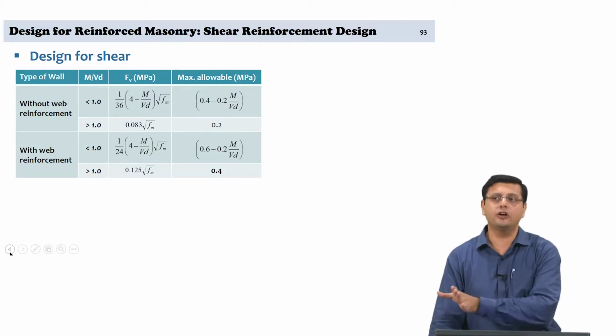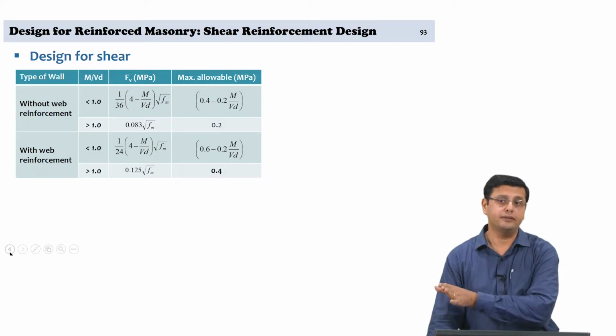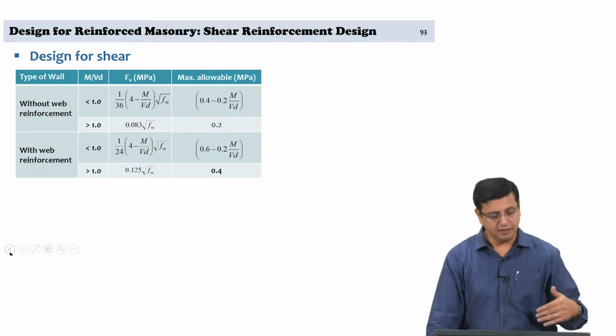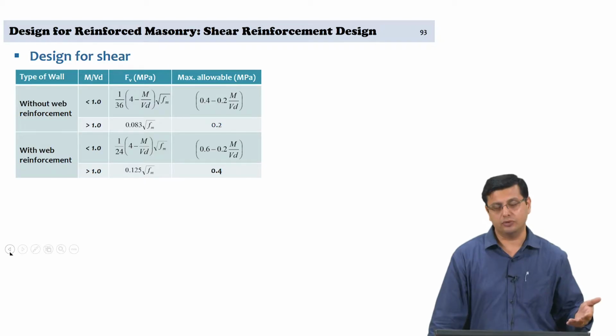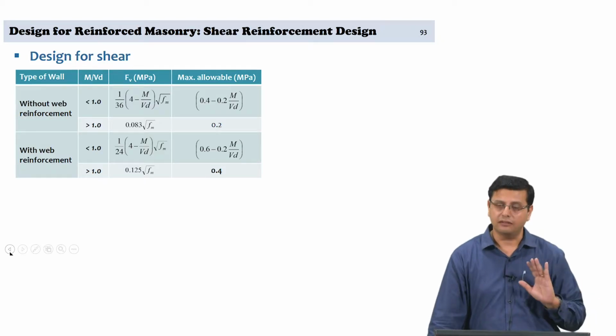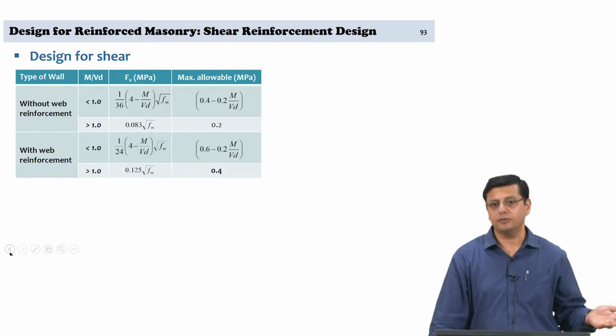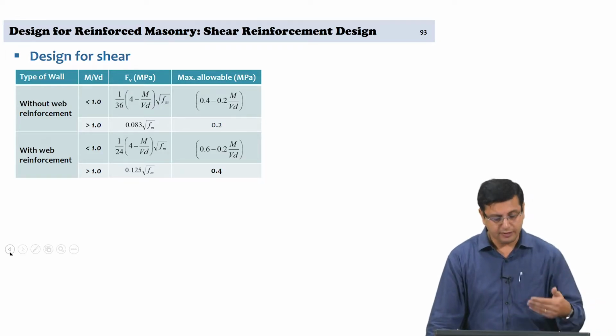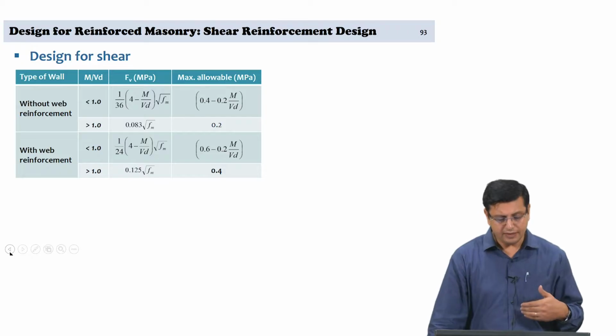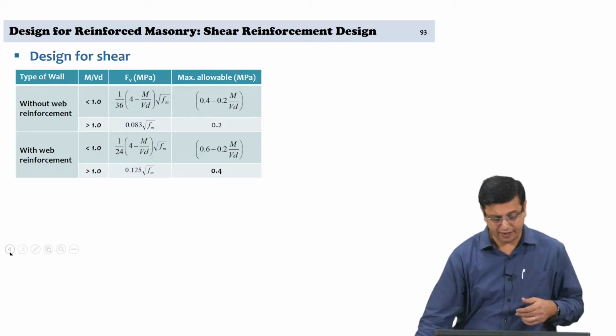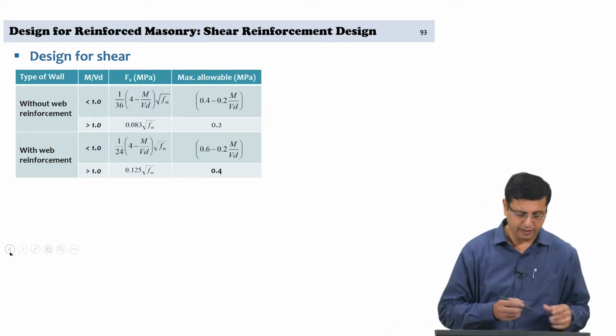There is always a contribution from the masonry. In addition, there is a contribution that you want to assign to the steel reinforcement. When you design for shear reinforcement, you assume that the masonry is not contributing anymore; all the shear is going to be carried by the shear reinforcement. So, we had seen this table earlier. The M by VD ratio here is